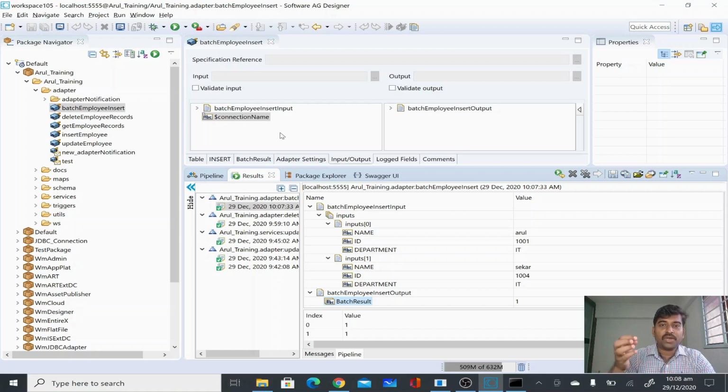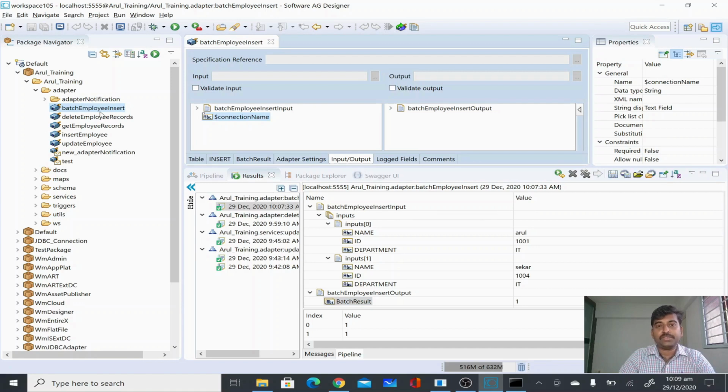This is the way you have to create an adapter service for batch insert. Similarly, if you want to update records together, then you have a batch update SQL template as well. It's similar; the only thing is, instead of inserting records, you will configure which records you want to update. Those kinds of things you will specify, but the concept and everything is the same. So in this demo, what you have seen today is the batch insert adapter SQL template in a JDBC adapter service.